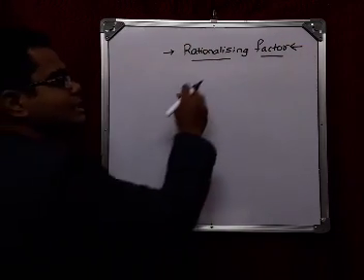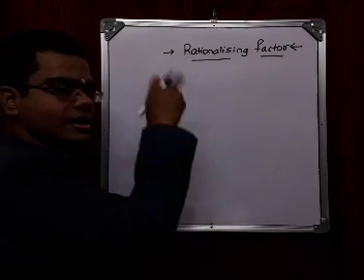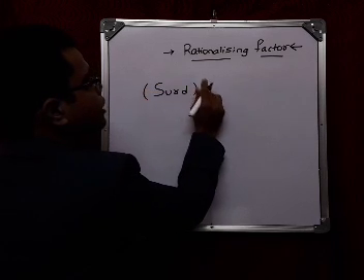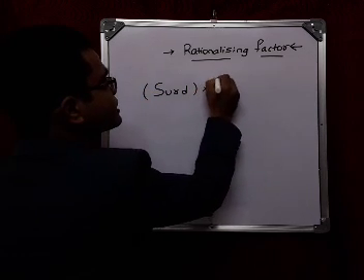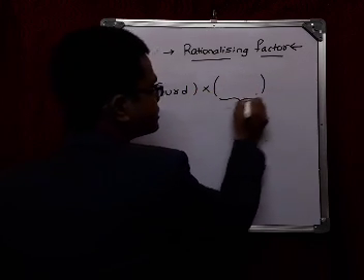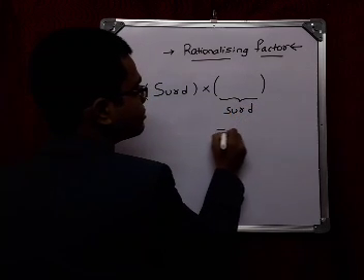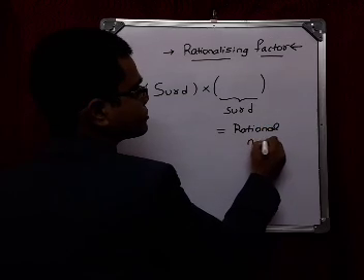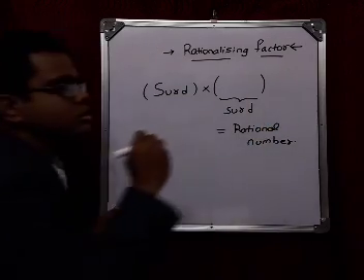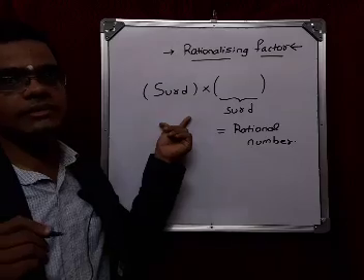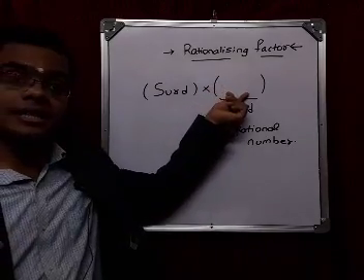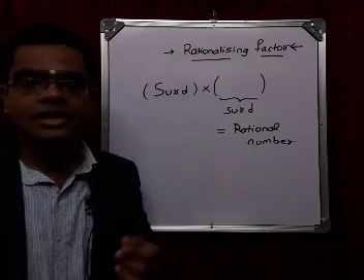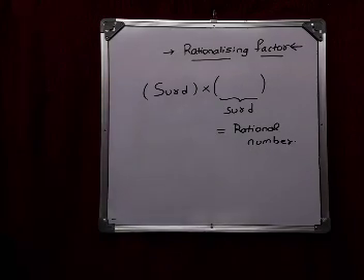The meaning of rationalizing factor is there in the definition itself. Imagine a surd is given to you. Now you should multiply this surd with some other surd so that you get the answer as a rational number. So this should be our requirement. If a surd is given, we need to find the other surd with which, if you multiply this surd, you get the answer as a rational number. Let's see the most common examples.